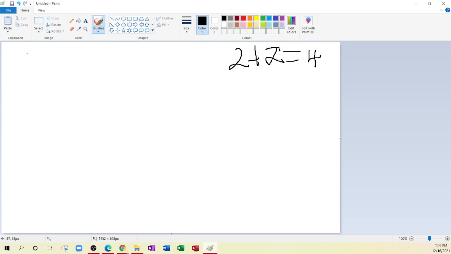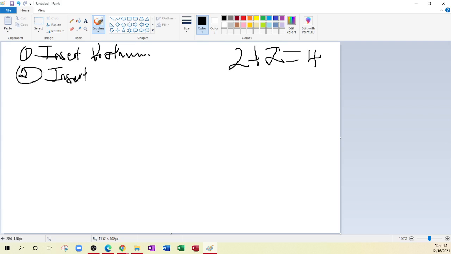So your algorithm is going to be something like: insert first number, then insert second number, and then it's going to be, well, actually before this you could say